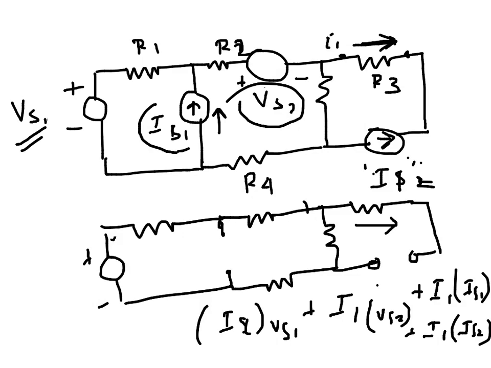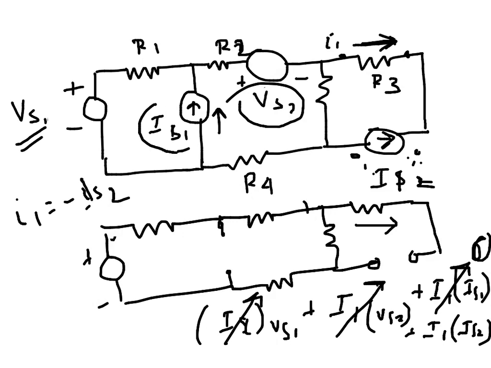Basically this current and this current will be 0, because in each of these three cases this IS2 will be inactive, so this branch will be open, so no current can flow through this I1 and this R3. Only when IS2 is considered, with the other sources inactive, will IS2 flow through that. So I1 will be minus IS2, which we can say by mere observation,